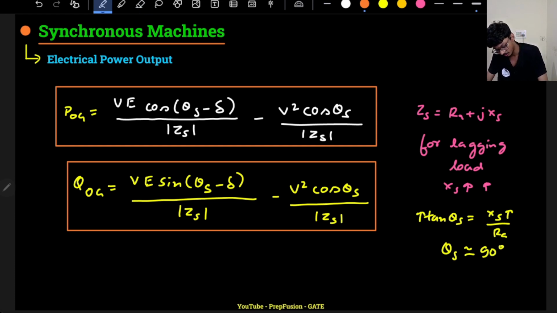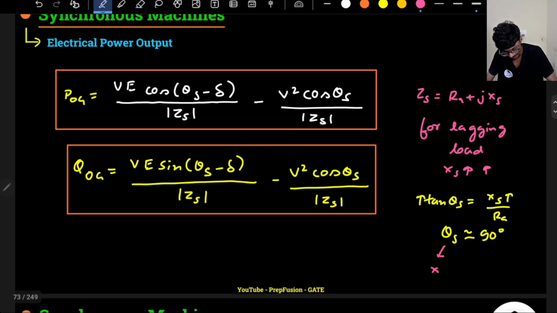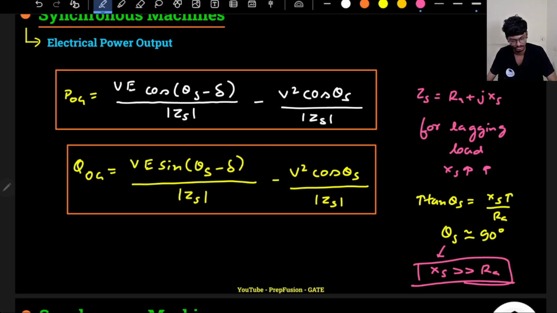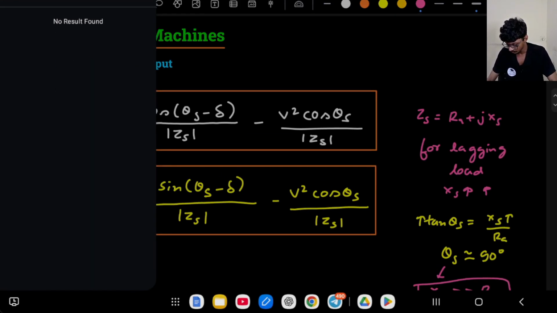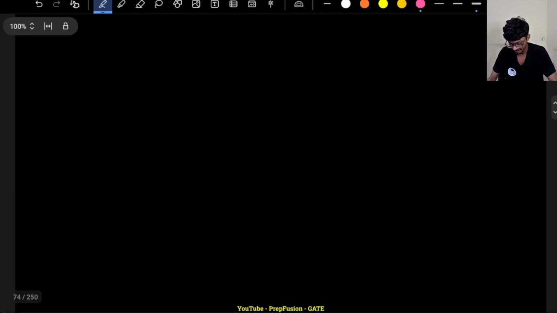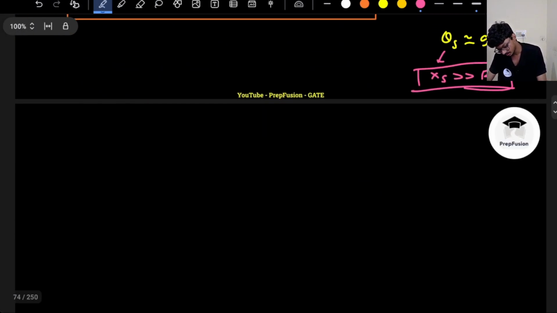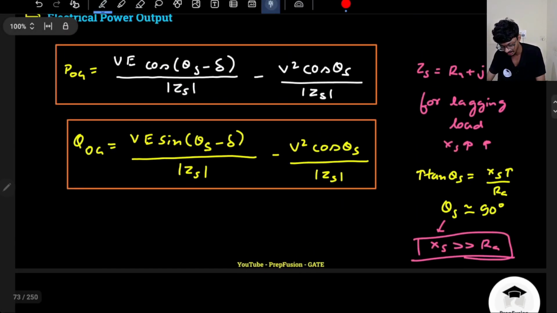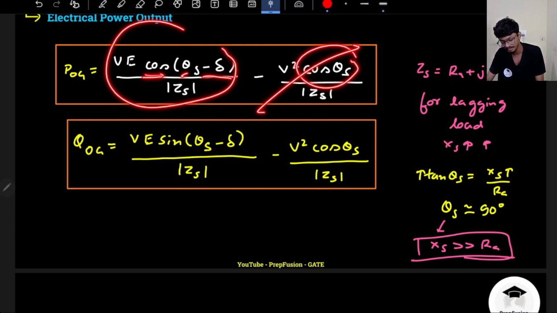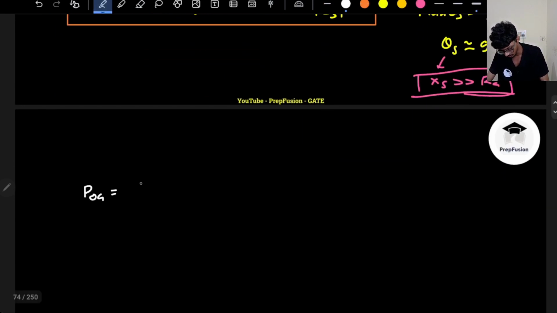Only do this approximation in case of lagging loads, or whenever your Xs is very, very much larger than Ra. Otherwise, don't do this approximation. If I do this approximation, theta s will be roughly equal to 90. So if theta s is 90, the modified power output will be like this. Cos 90 is 0, so this is gone and only this is left. So cos of 90 minus delta, which is sine delta. So this will be VE into sine delta